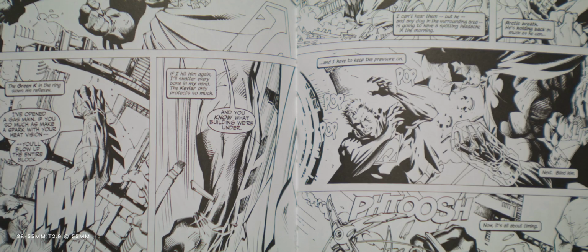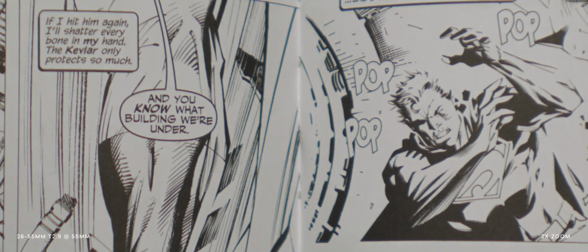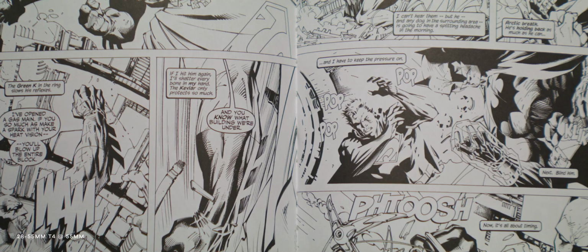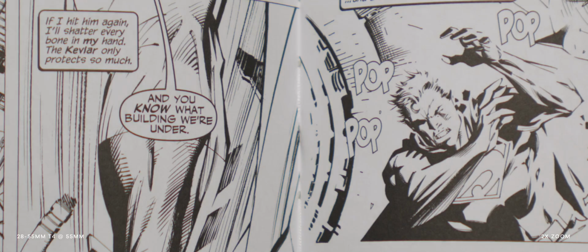Regarding sharpness, wide open, the 28-55 is decently sharp. It begins to really sharpen up at T4. There is some slight chromatic aberration when wide open, but this is something that you should come to expect with